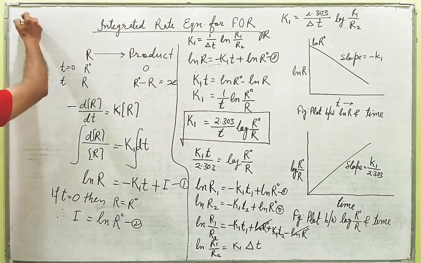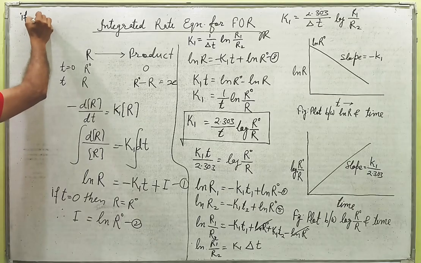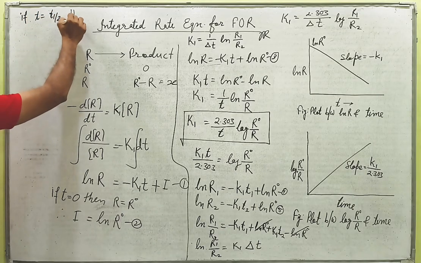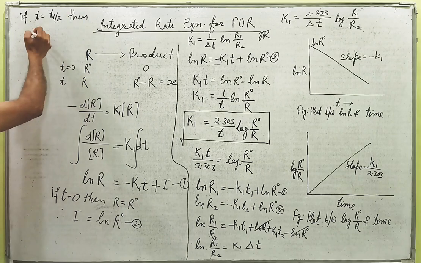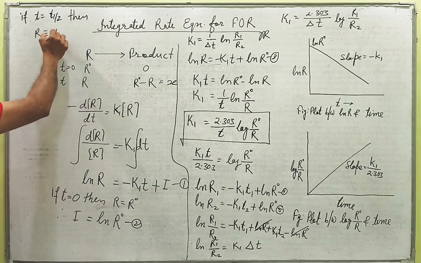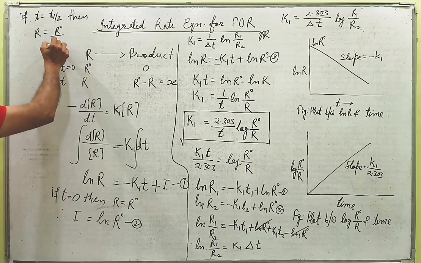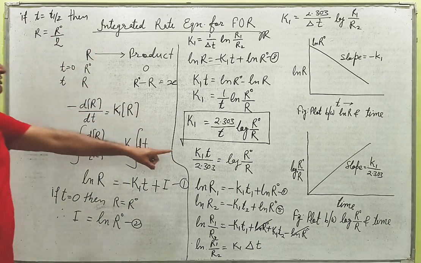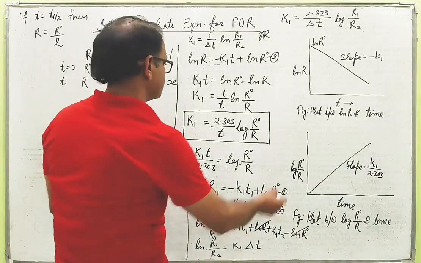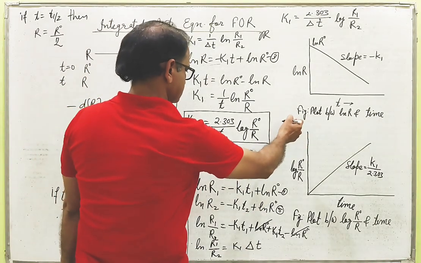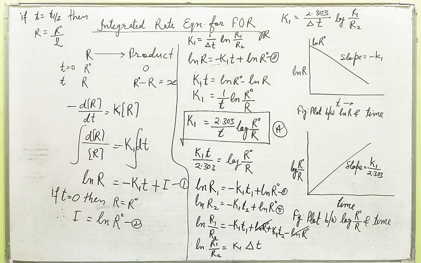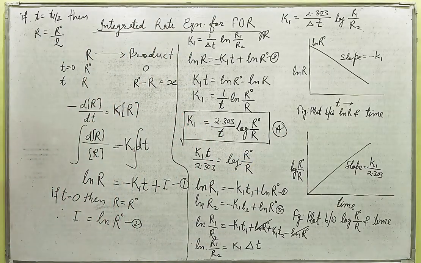If the time t is equal to t half, then r is equal to r naught upon 2. Am I right? So we can put this value into equation number A. So putting the value of t and r,